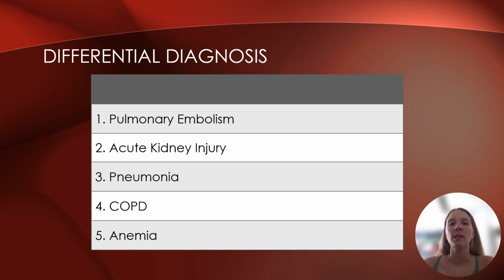The next diagnosis that could be considered is acute kidney injury. This is chosen due to the lower extremity edema noted on the assessment and shortness of breath, as he may be retaining fluid through a kidney injury. The last three diagnoses that could be considered are pneumonia, COPD, and asthma. All are chosen due to the respiratory issues and fatigue noted by the patient. These are common diseases that should be ruled out based on the patient's chief complaint and signs and symptoms noted